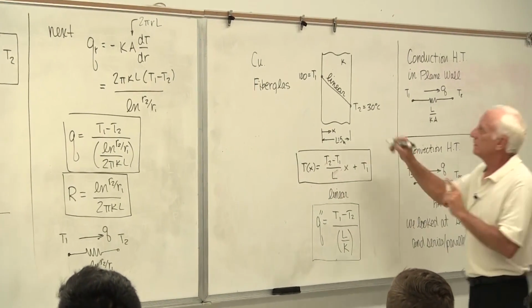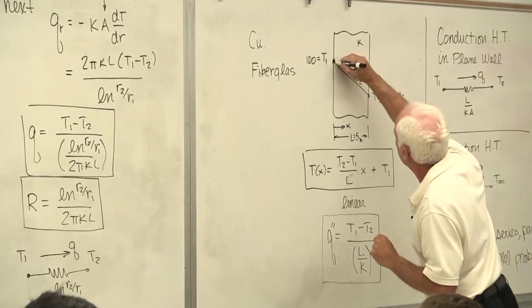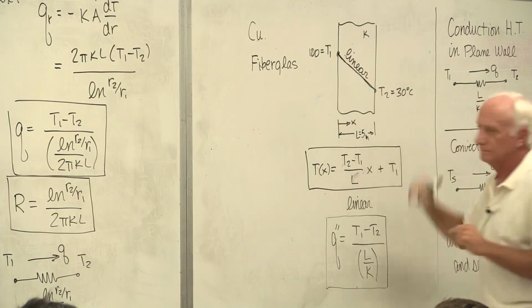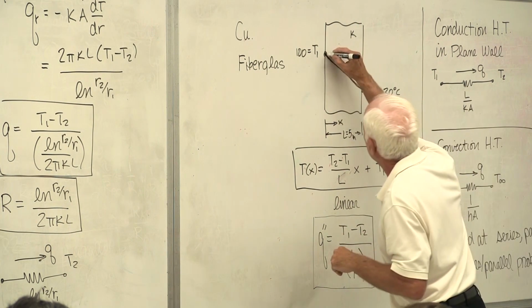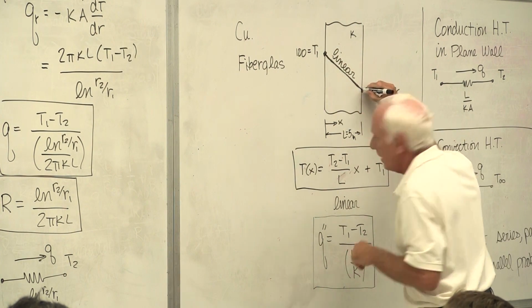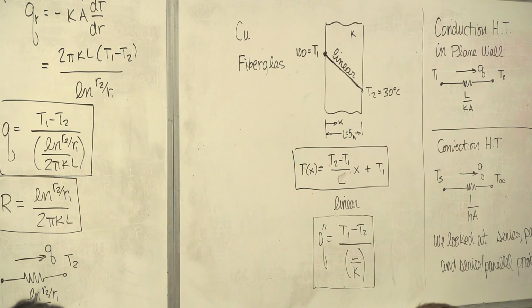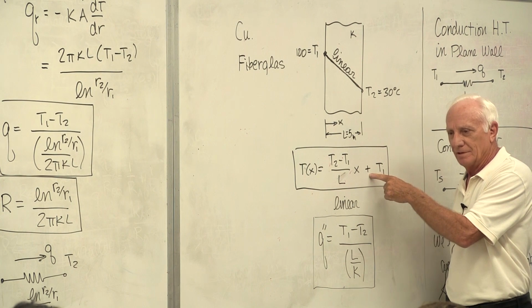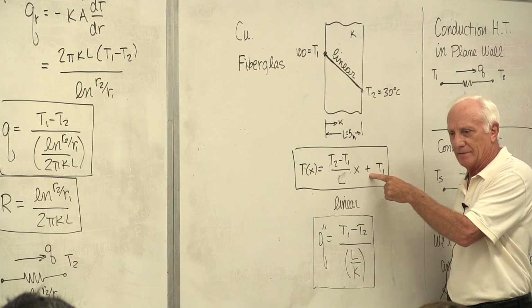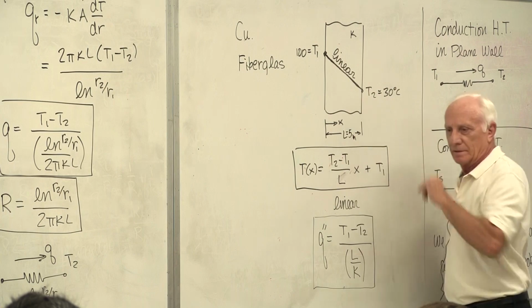Okay. 130. There's a temperature profile. Now, if that wall's made out of fiberglass, I change material dramatically. Draw the temperature profile. Wow, you know what? It didn't change at all. It looks the same. It's the identical line. Well, look at the equation. Do you see K anywhere in the equation?